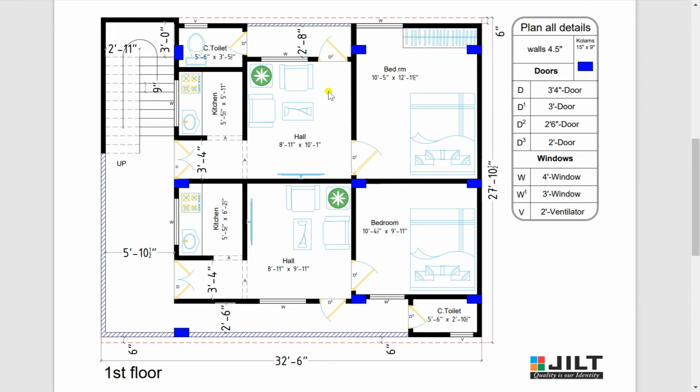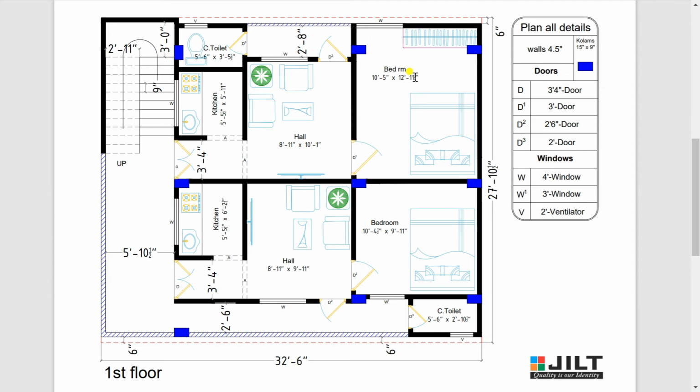In the hall we have placed a sofa set along with a teapot and an LCD. Very comfortable view. From the hall you can also enjoy the balcony of size 2 feet 8 inches, which has a common toilet of 5 feet 6 inches by 3 feet 5.5 inches. This is a common toilet for all the family members of one portion. Now I am returning back to the hall.